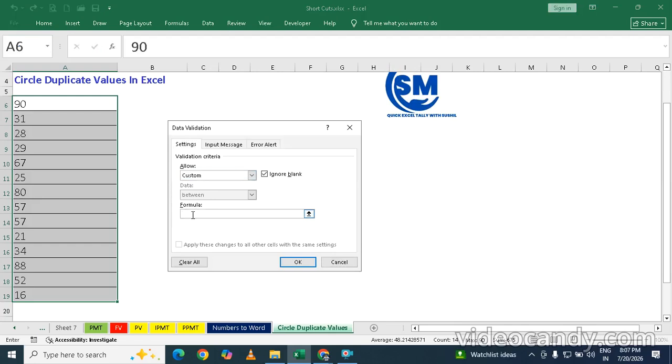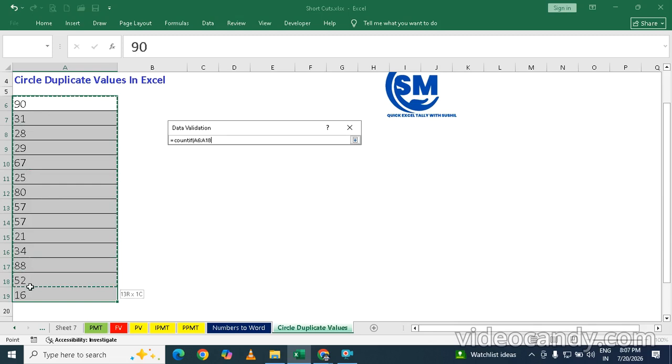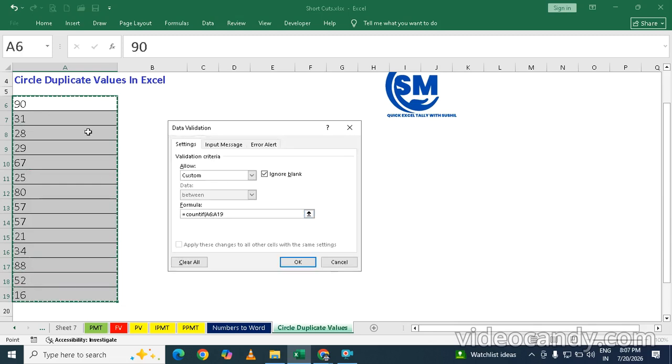In this formula option, you just type here equal to COUNTIF. This is the formula we have to use for duplicate values. COUNTIF, bracket open. Select this range, that is from A6 to A19. Lock it by pressing this button of yours called F4. After you press that button called F4 for your A6 till A19, comma, which is your first cell,